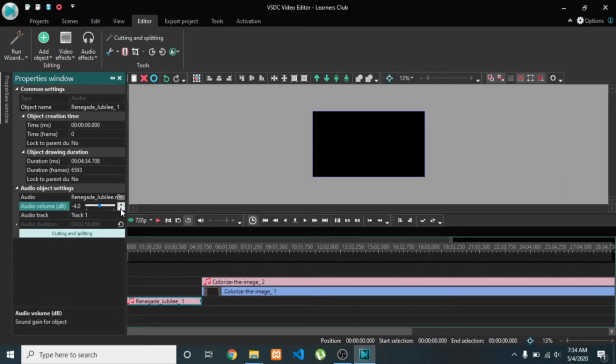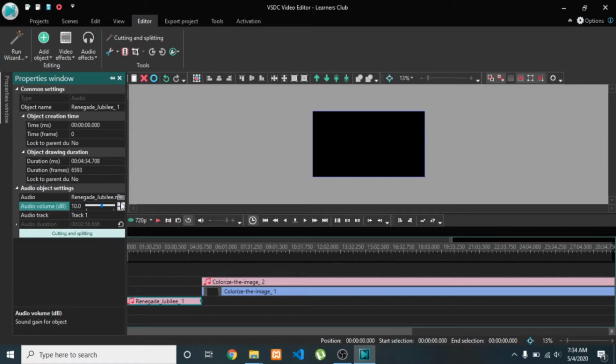If you decrease this to a minus value, it will decrease the intensity of sound. If you increase the level to a positive value, it will increase the intensity of sound. You can check it out according to your choice.